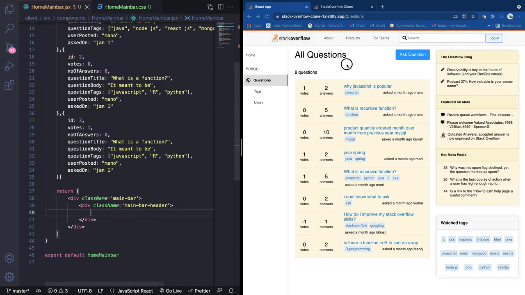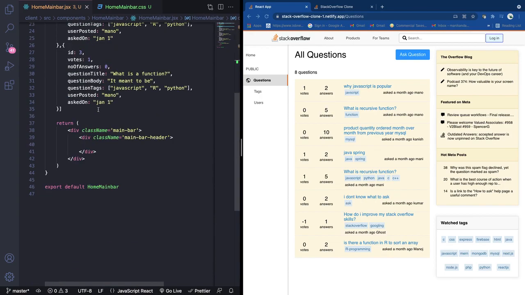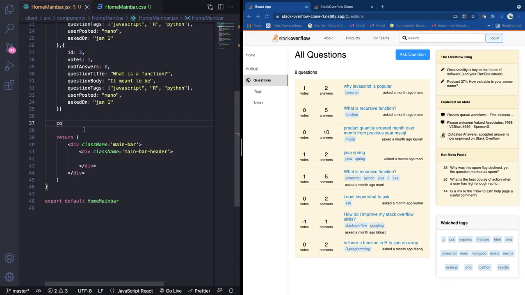So we have to check the location of the path name, the URL, what path it is in. To check that, we can use the useLocation hook, which I have imported from React Router DOM. In here, I'm just going to use that as const location, which equals useLocation, and then let me just copy this,